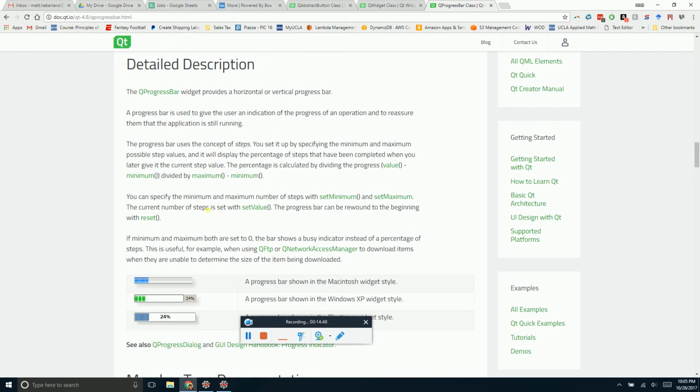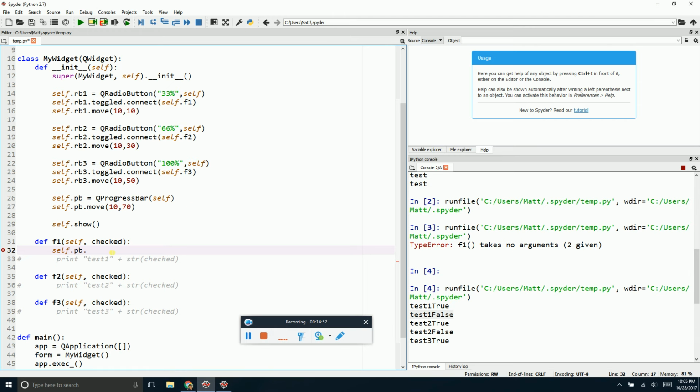There's also current number of steps is set with setValue. setValue, that sounds like the method that I want. It sounds similar to a lot of other things that we've worked with, setValue. Let's change it to, I'm just going to see whether 33 works. Well, I don't know. We could probably